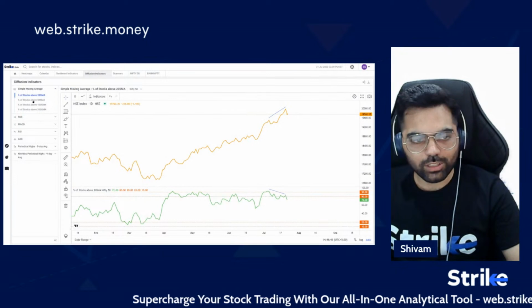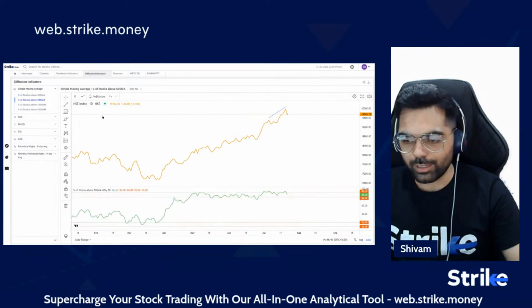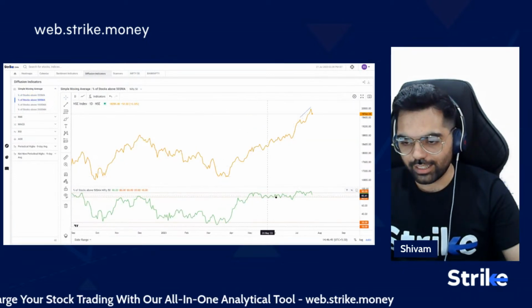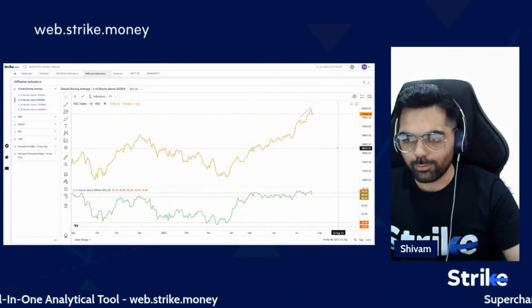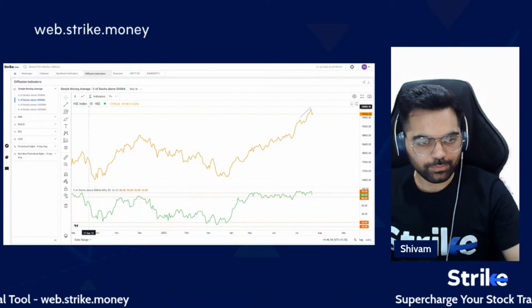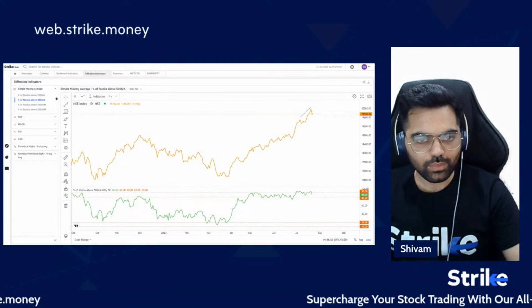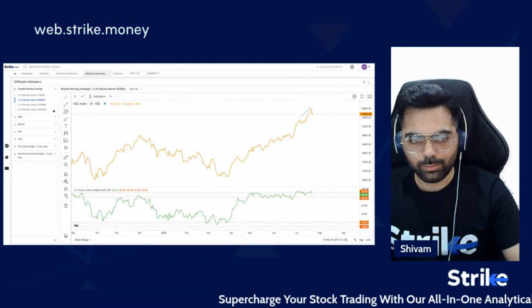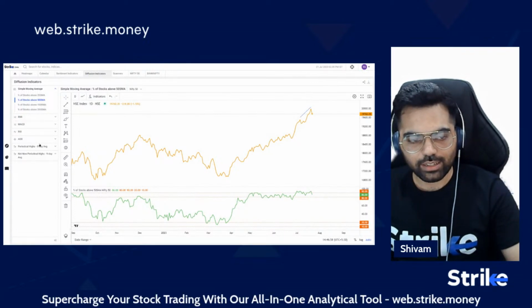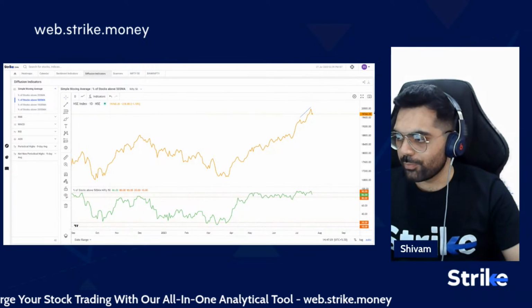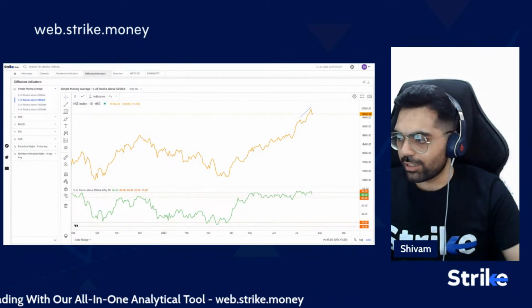But if we switch to a higher time frame, that is the 50 moving average, then there is no divergence to see, as the majority of the stocks are trending above their 50-day moving averages. There are multiple other diffusion indicators available based on the RMI itself, MACD, RSI, ADX. So you can tune in to check and see how it fits your analysis.